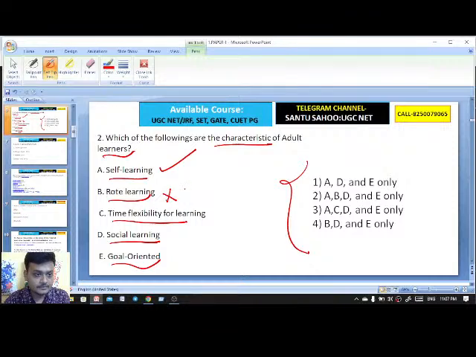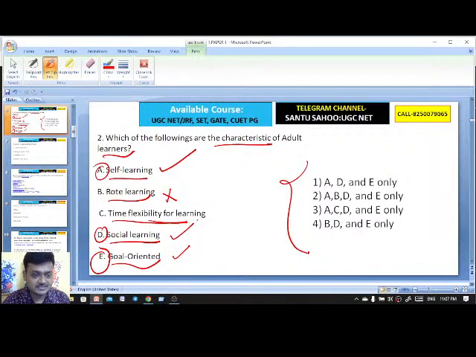Time flexibility for learning is actually a characteristic of open learning, distance learning, distant education. Social learning is a characteristic of adult learners, and goal oriented is also. So A, D, and E.